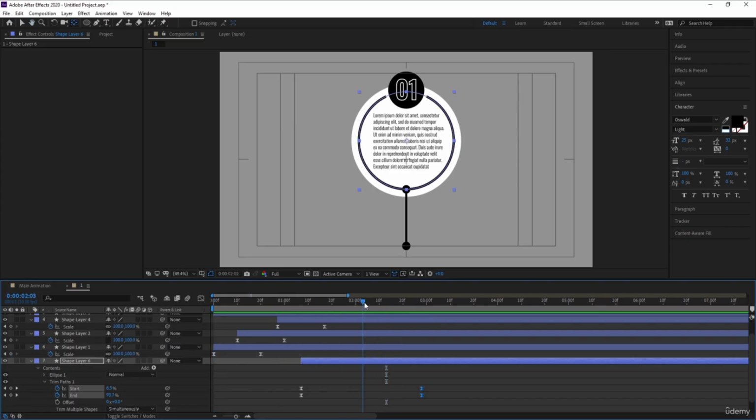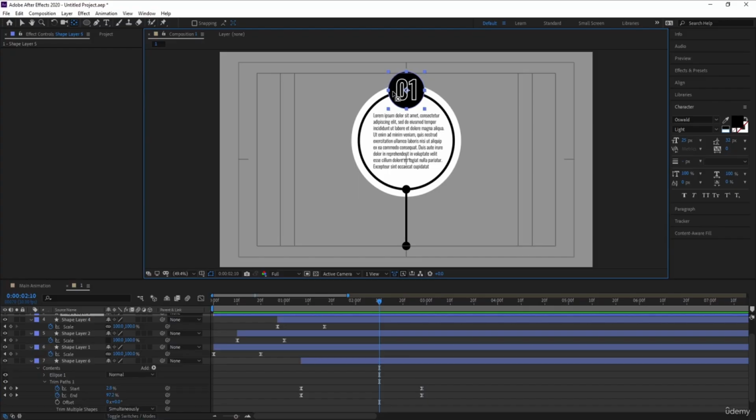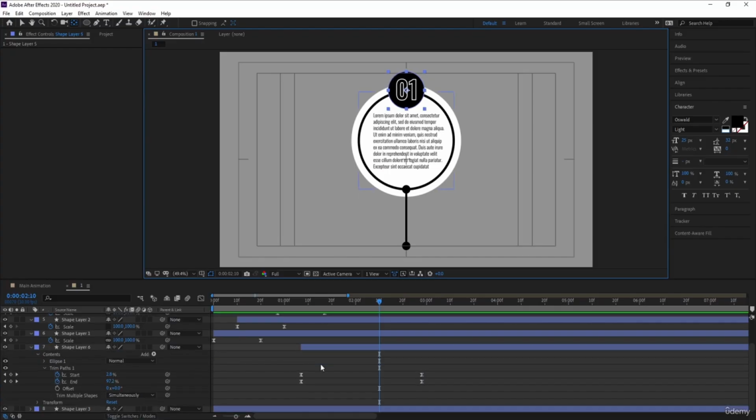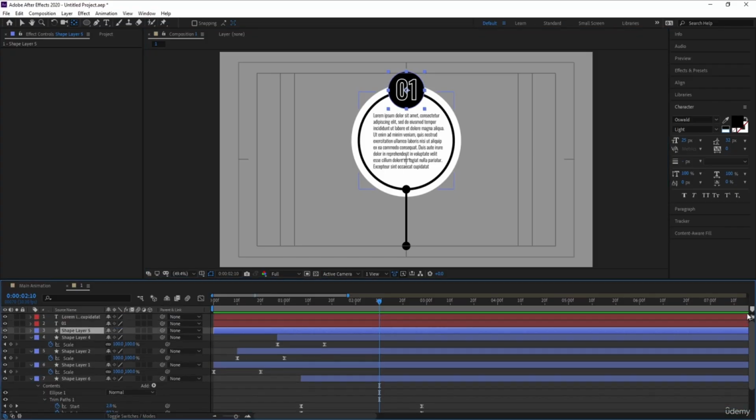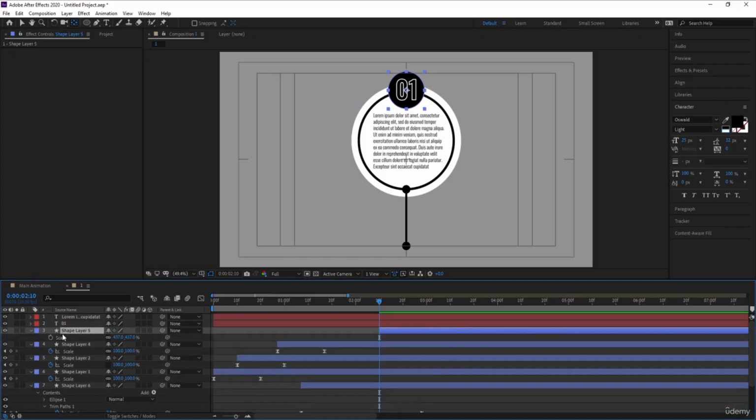And let's move this keyframe a little bit over here, so if you see this now we will get something like this. And at this point I want this ellipse should start to regain its original size, so let's do that. Simply move this over here, press S, create one keyframe